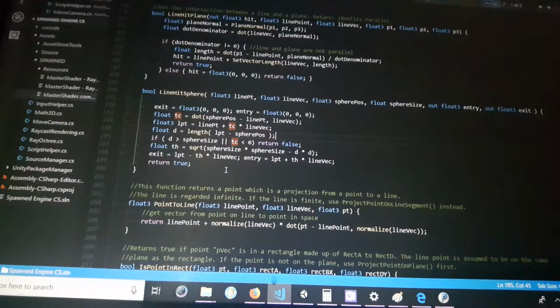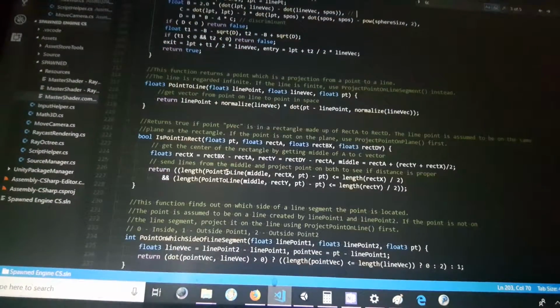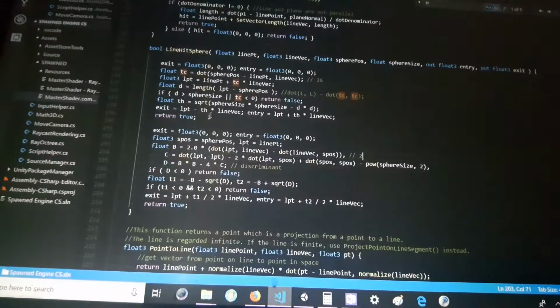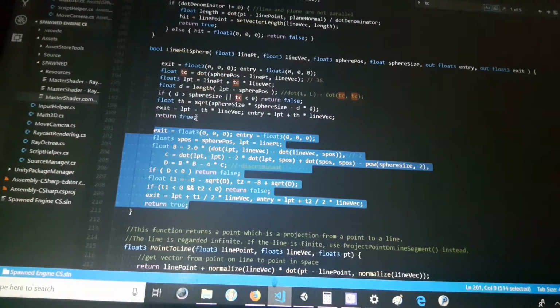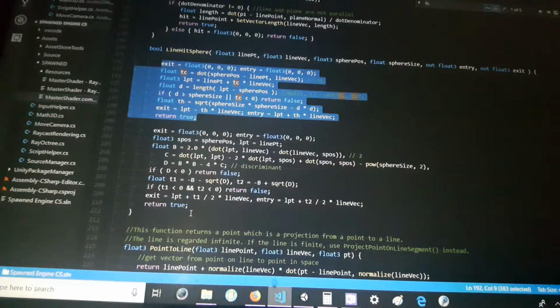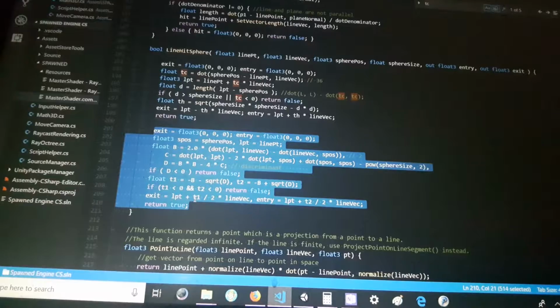I can show you how it looked. This chunk versus this. Slightly more efficient, and again, I understand everything that's going on over here, and I have no idea what is going on over here,